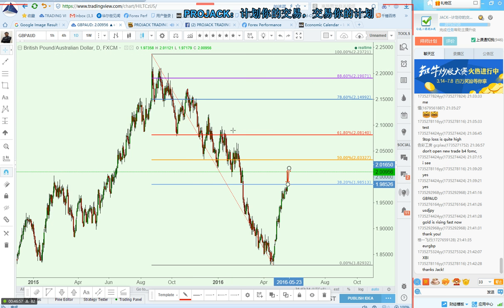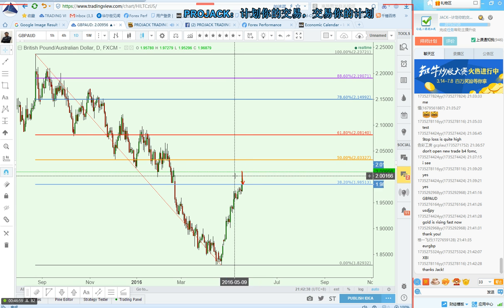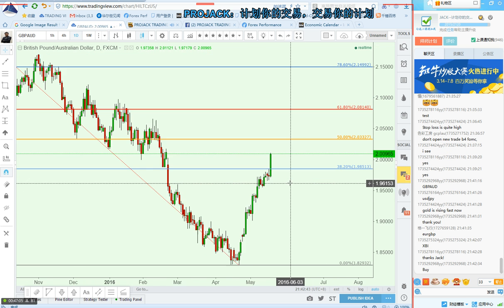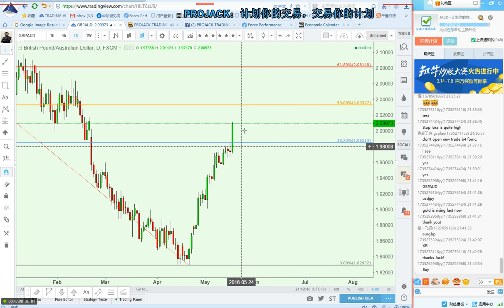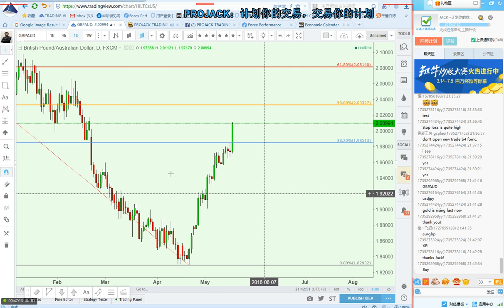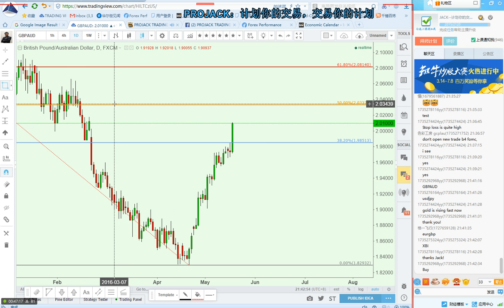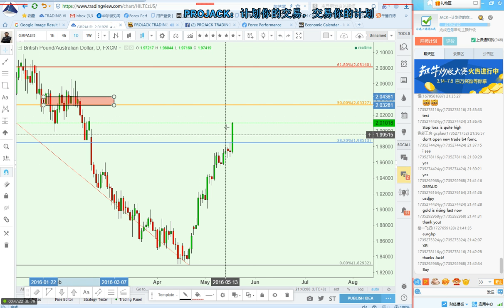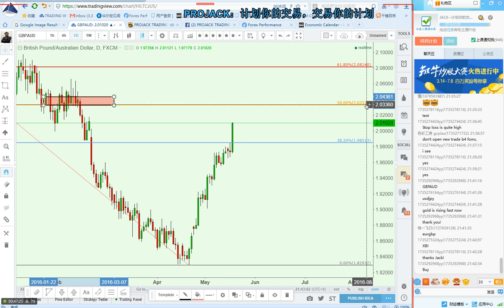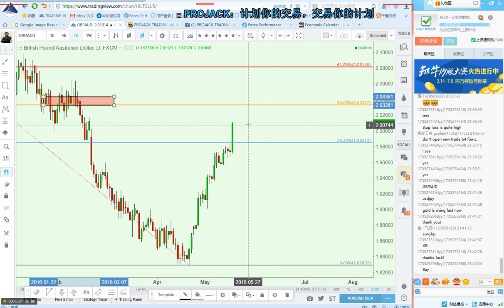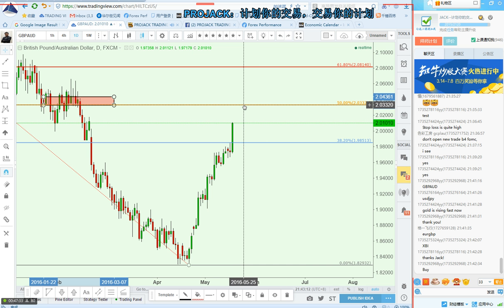Another one, when you want to short, since the price rose so fast in a very huge, strong bullish candle, it may go all the way to 50%, 2.03. Look at this level here, the price kind of got some structure. So if you want to short, wait for this level 2.03 and see the price action, then short. You don't short here because it may still go up all the way here, and you need to see what the price does.